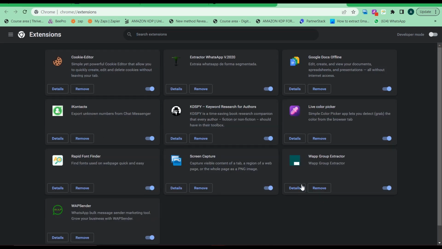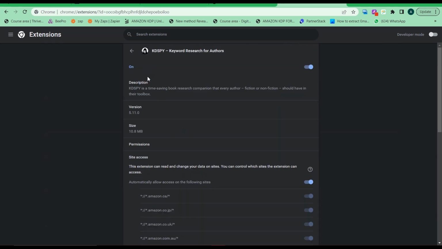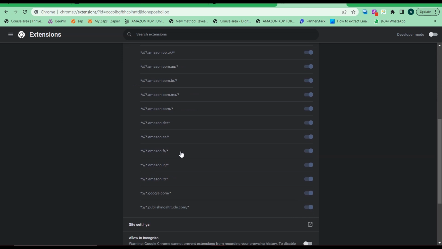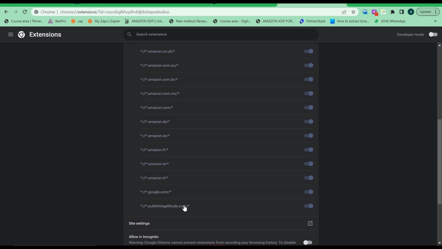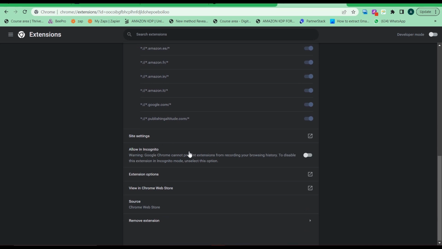This is your extension page. All the extensions you have on your browser are going to show here. So go for Kdspy, click on details. Make sure it's turned on. Once it's turned on, scroll down, you want to see permissions. This is giving us access to all of these websites. These are all Amazon sites and Google, so you just leave all of them on. Then in site settings, allow in incognito, click on it, toggle it on,